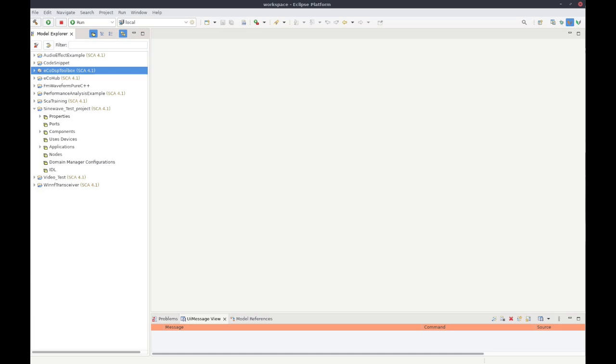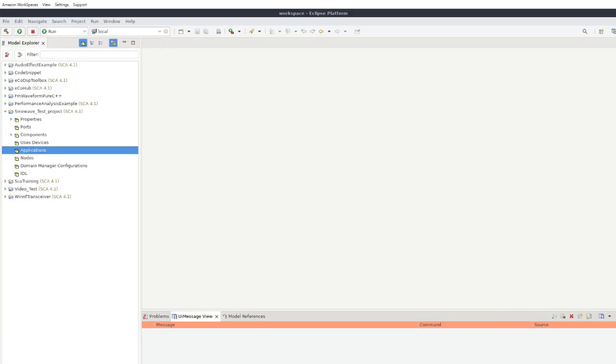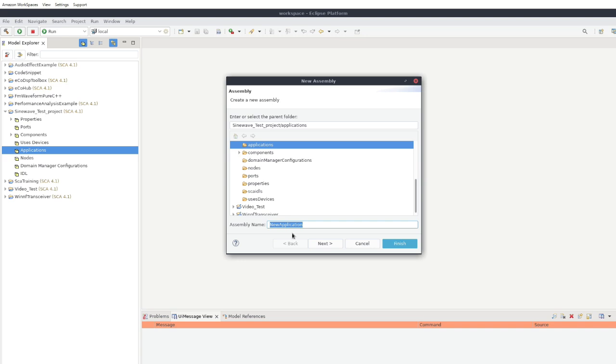So we will create an application that produces a sine tone, modulated in frequency, FM modulation, and then demodulate it to get the original signal back and play it again on the speaker. We should hear a tone. So let's start. In a project that we called Sine Wave Test Project, we will create a new application that we'll name FM Sine Tone.